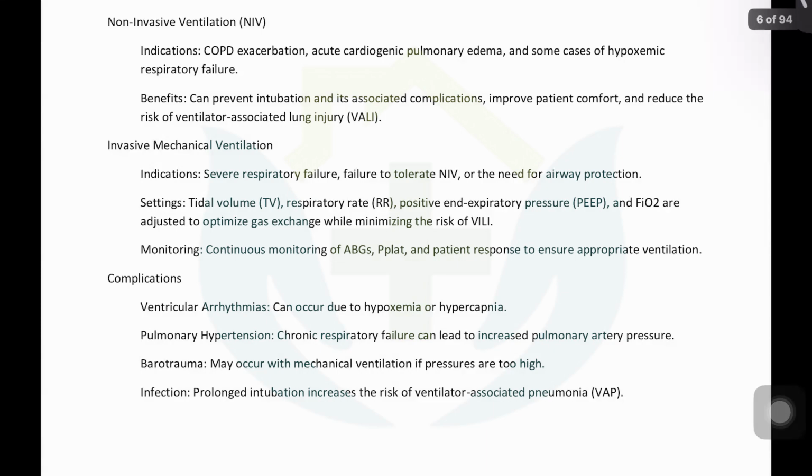Then a positive end expiratory pressure, which is basically like you don't want anybody to open the door and you are holding the door from inside, you are not letting them open the door. That is the PEEP. Same way, the mask or the valve in the ventilator doesn't let the patient breathe out completely, so the air that is to be breathed out remains inside the alveoli, keeps it patent for some time before it is released into the tubing. So that is called PEEP, or the positive end expiratory pressure. This pressure is exerted at the end of the expiration.